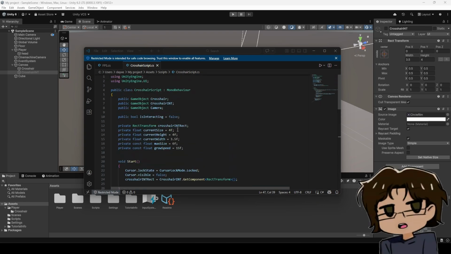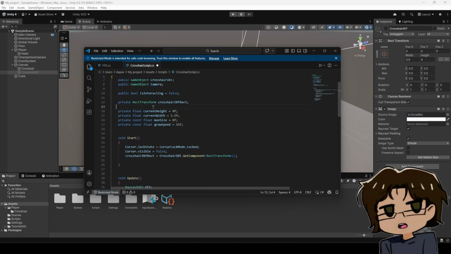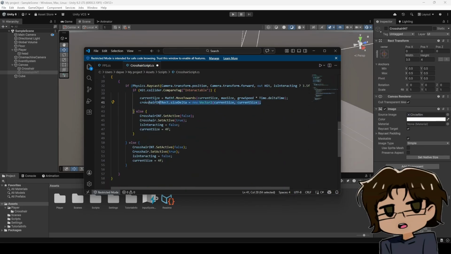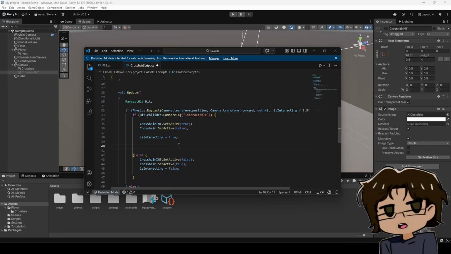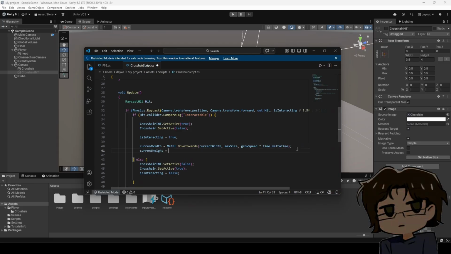And now, for you current height and width users, go ahead and delete everything about current size. So we're just going to go ahead and delete both of these. We're going to delete the current size we put in here. And we're going to do some real magic. Current width equals Mathf.MoveTowards current width, max size, growth speed times Time.deltaTime